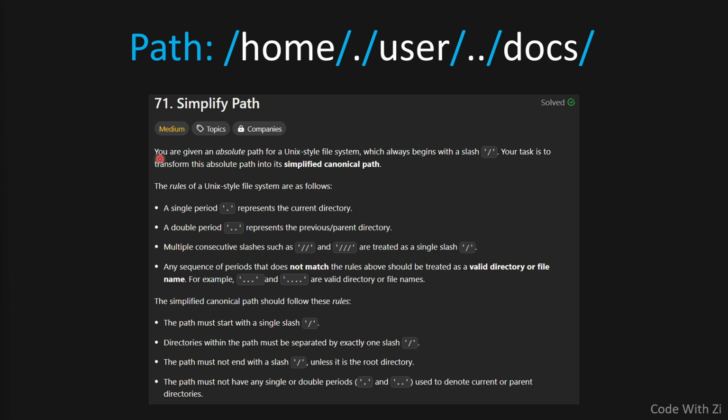As you can see, it says you're given an absolute path for a Unix-style file system. Well, we have the path that we have here, which always begins with a slash. Your task is to transform this absolute path into its simplified canonical path. Now, what does this mean? Well, if we check here, we're told that a single period, for example this one that we have here, represents the current directory. A double period, for example this one that we have here, represents the previous or parent directory, and